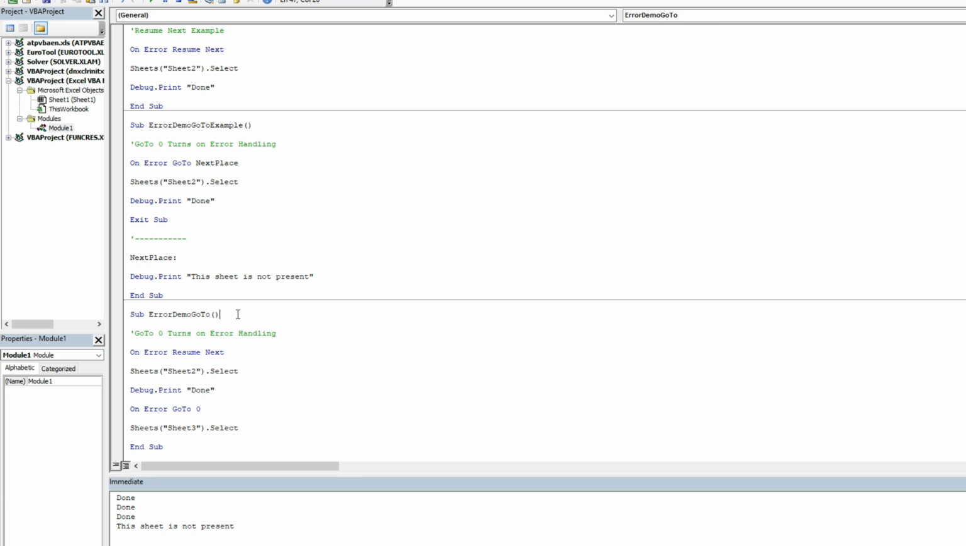So the third one I'm going to show you is kind of a switch to the first two. It's technically a third way, but it's technically a switch to the first two ways I showed you. And what I mean is that it's called On Error GoTo 0. What that means is that whenever